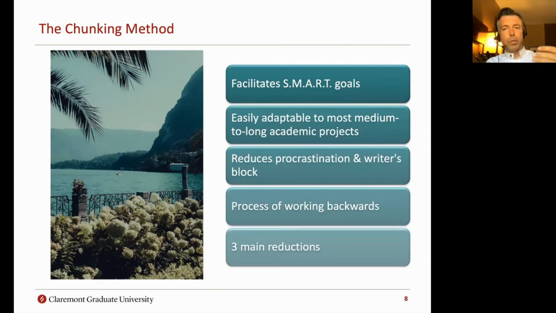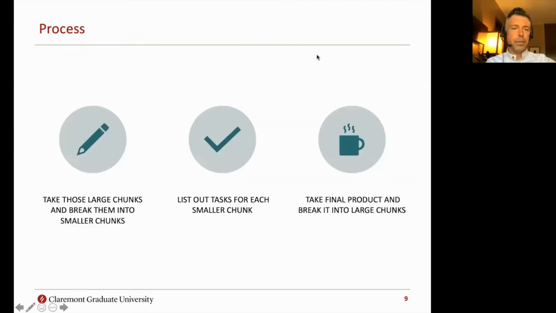So think of this as a working backwards. You're going to do a reverse scheduling or reverse engineering of a final project, and you're going to utilize 3 main reductions of that final piece. So you're going to do an initial chunking exercise that I like to think of as sections. And sometimes these will be well defined for us within a genre, within the genre that we were talking about before with the rhetorical situation. And other times these sections might be neatly defined by the writing process itself.